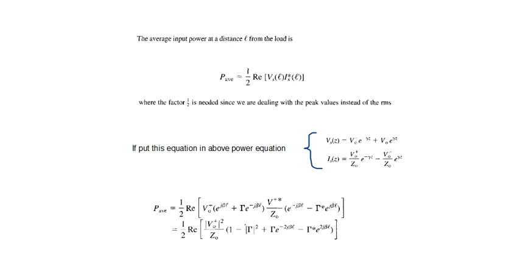Now if we try to get the value of power, rather average power, at distance L from the load on the transmission line, then again with the help of similar parameters we can define this power, and the equation of power we know is 1 by 2 into the real component of multiplication of voltage into the complex conjugate value of current. Here no need to say that this 1 by 2 factor is needed, because we are dealing with the peak value in place of the RMS value, because it is a real term we have chosen.